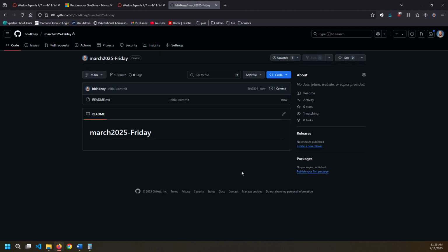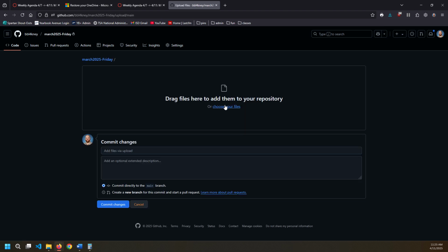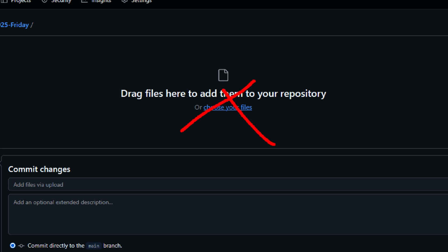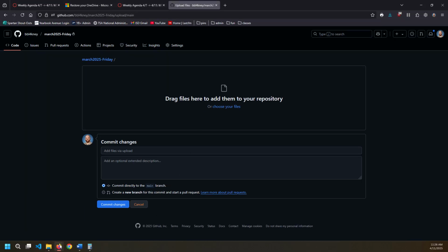You should see a screen that looks like this. It's going to have a button that says code and a button that says add file and a bunch of other stuff we don't know yet. Click the add file and then click upload files. Okay. When you click upload files, don't choose them. Don't do this one. It's going to be harder. Instead,